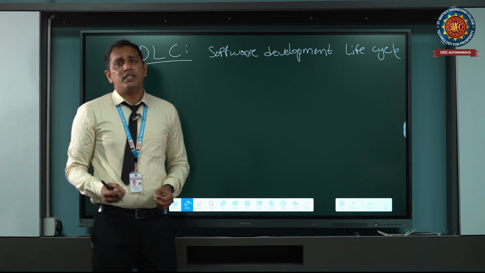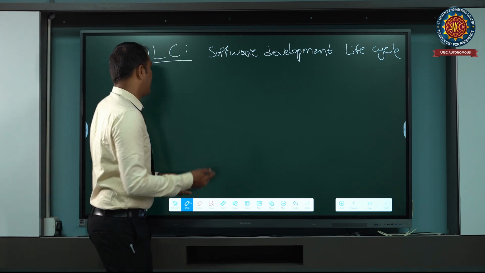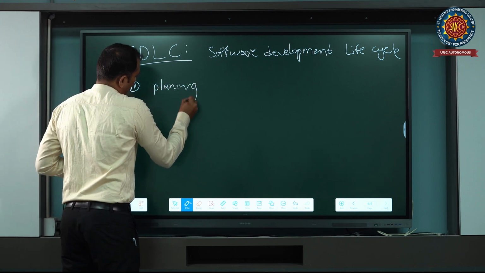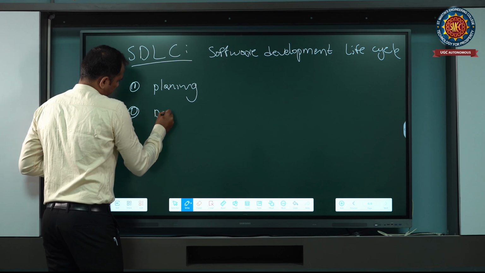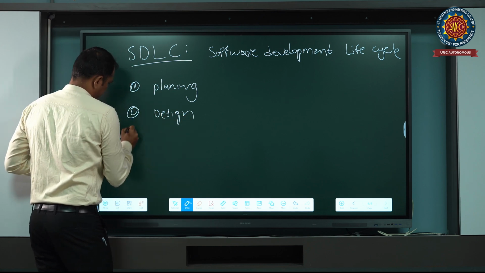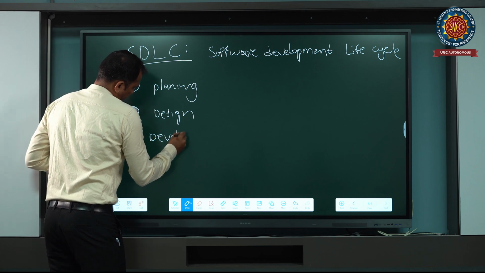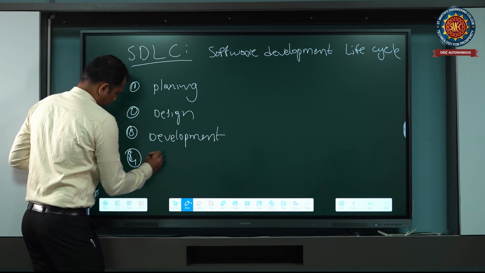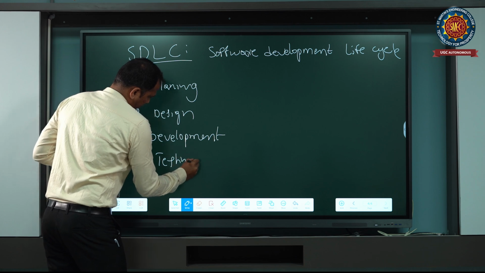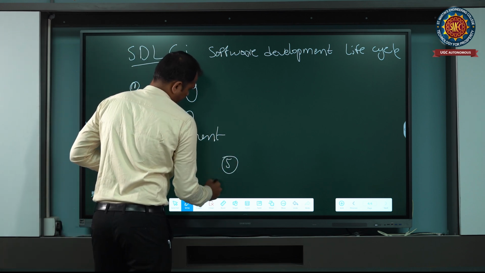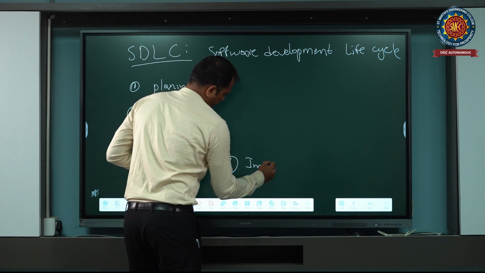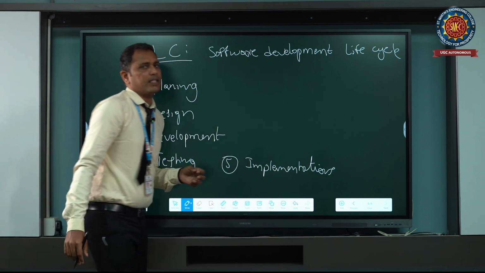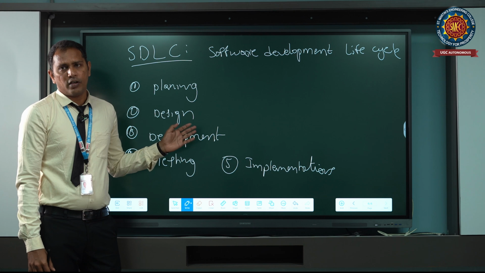What are the main phases we have in the software development life cycle? First one is planning, design, development, testing. These are the basic steps followed by the software development life cycle.